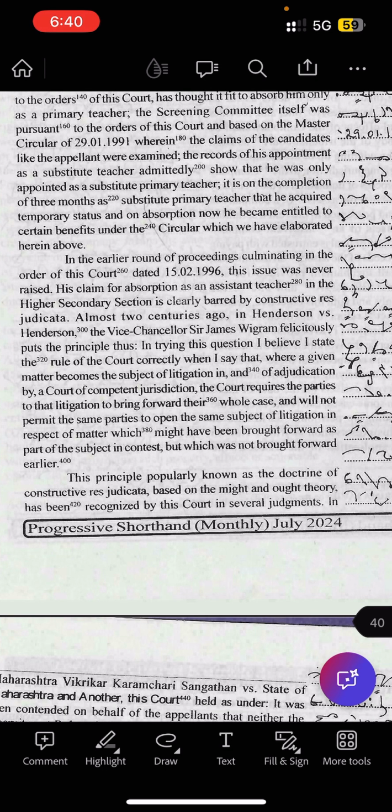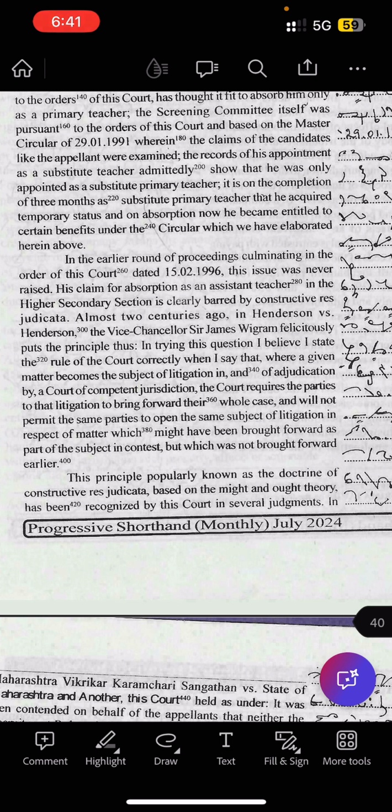In the earlier round of proceedings culminating in the order of this court dated 15/2/1996, this issue was never raised. His claim for absorption as an assistant teacher in the higher secondary section is clearly barred by constructive res judicata. Almost 2 centuries ago, in Henderson versus Henderson, the Vice Chancellor, Sir James,